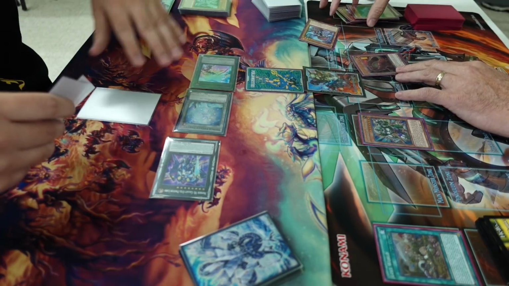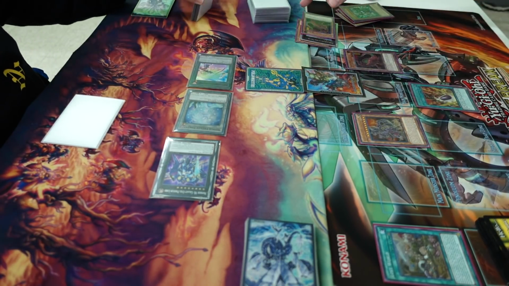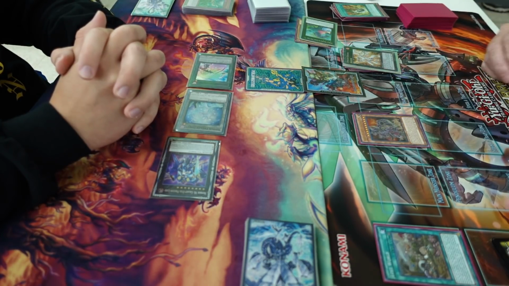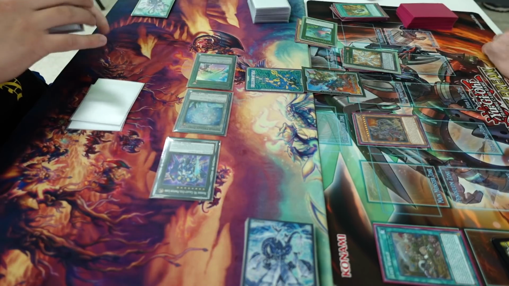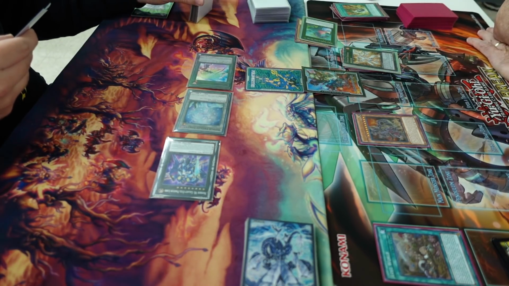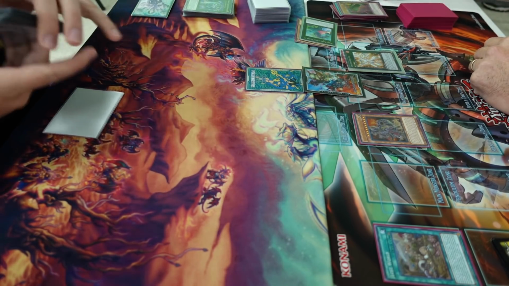From here, he activates Double Evolution Pill to bring out UCT and another Giant Rex. He then makes a copy of Dolka, and pretty much from this point on, the game is over because there is not much I'm going to be able to do to out Dolka and UCT. After he clears my board, he passes over me